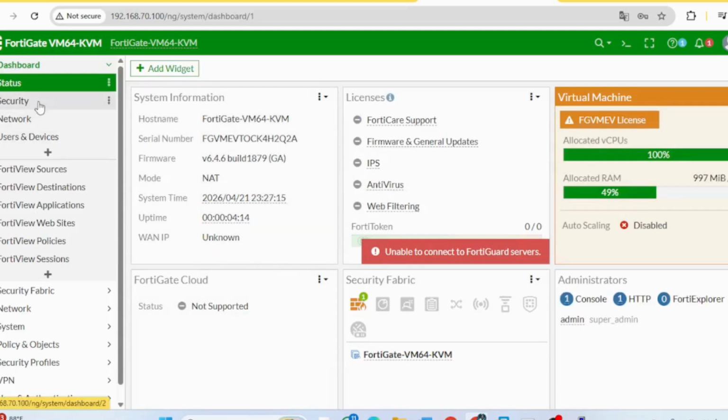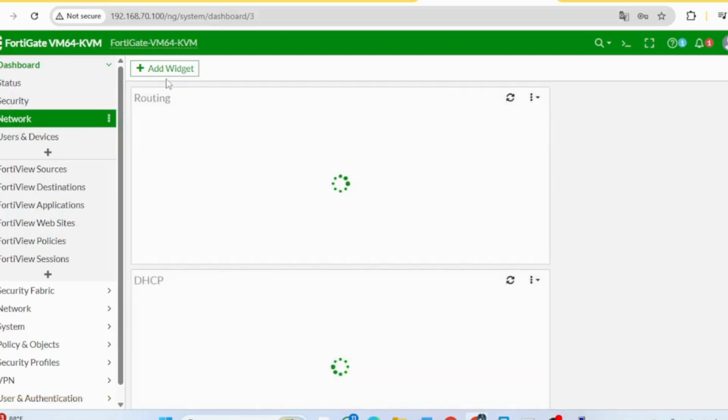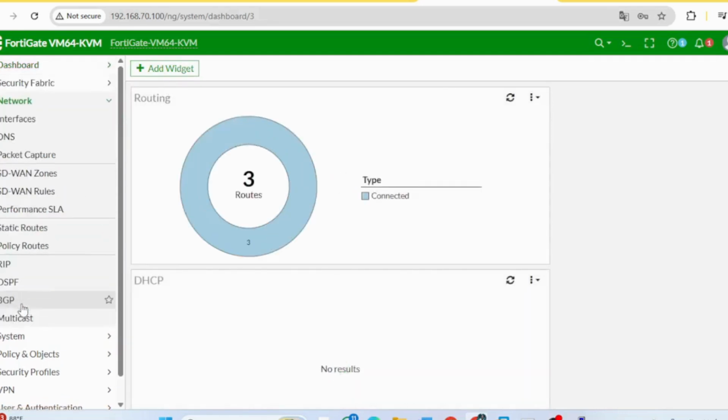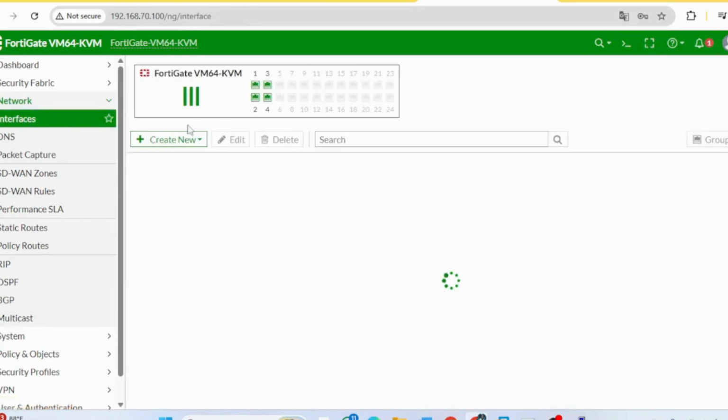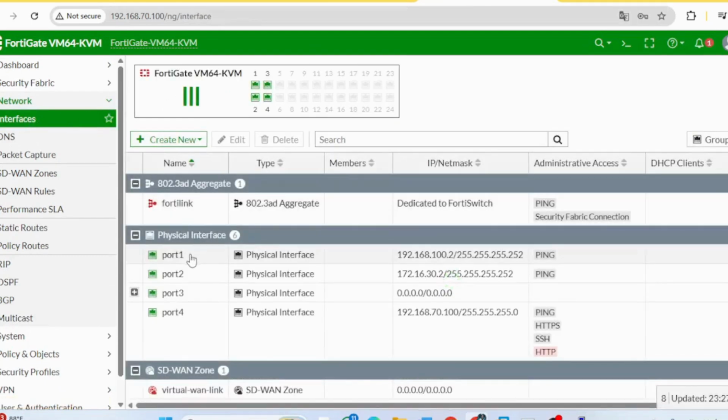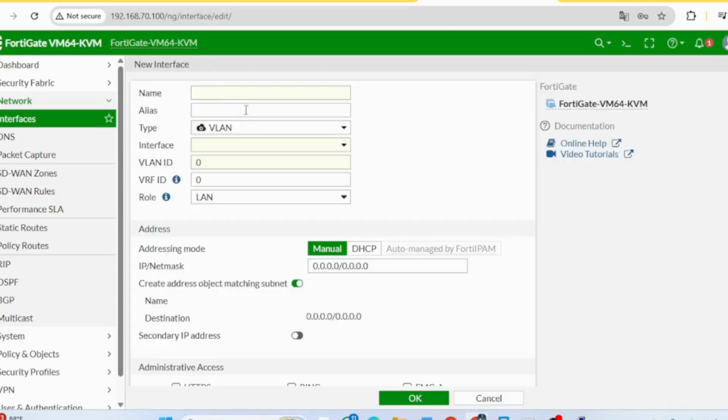After that, you can just go to Network, and here you can see Interface. After that, you can go to the port. Oh yeah, this port is connected to the Fortinet. Before that we need to create a new interface for the ESP, for VLAN 10.